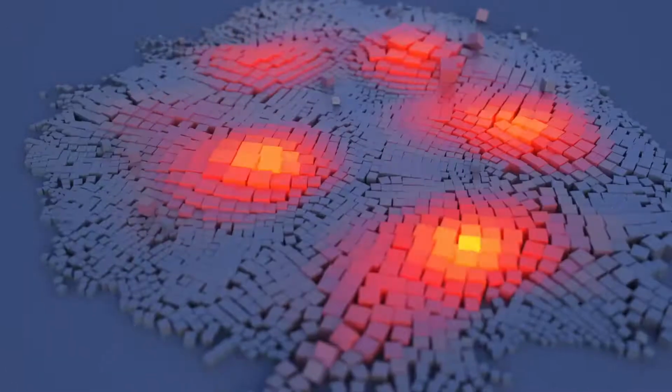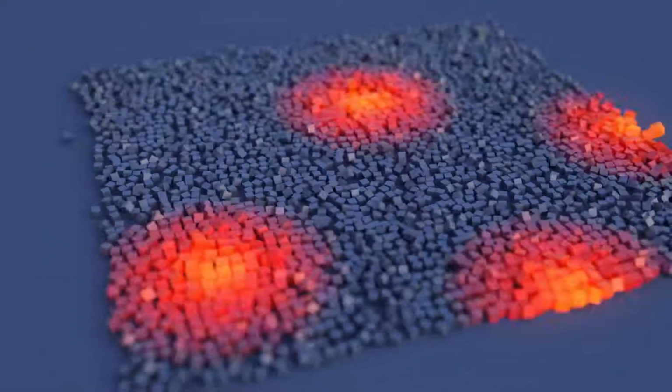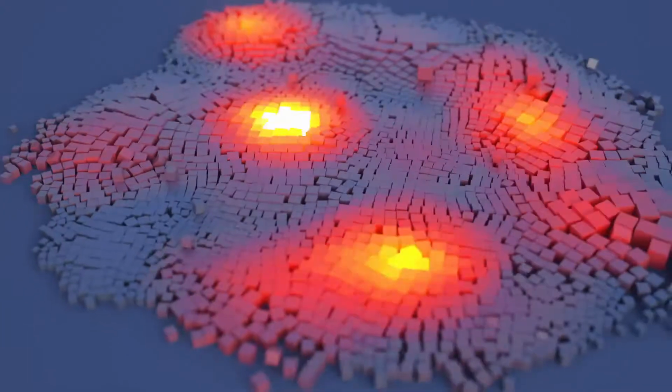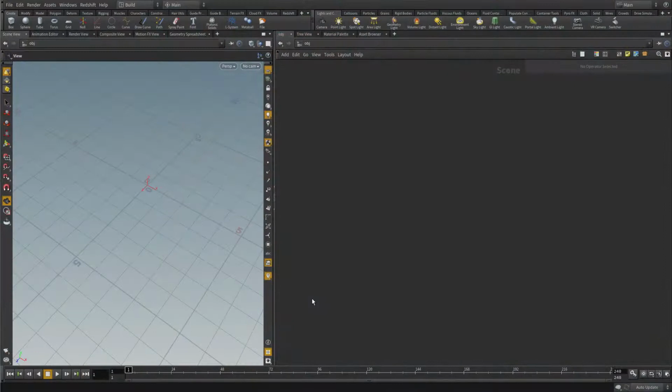Today I want to talk about the bullet solver, and specifically about scaling bullet objects while the simulation is running. This effect is very nice and comes in handy for motion graphics, but you can use it for visual effects too. Before we dive into Houdini and build the effect, we have to talk a little bit about packed primitives,